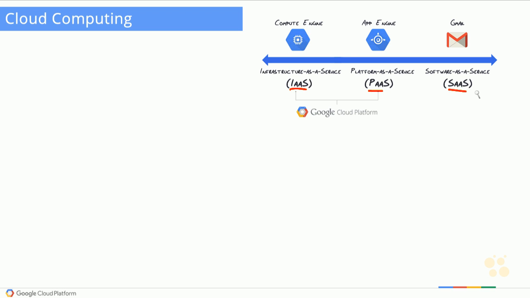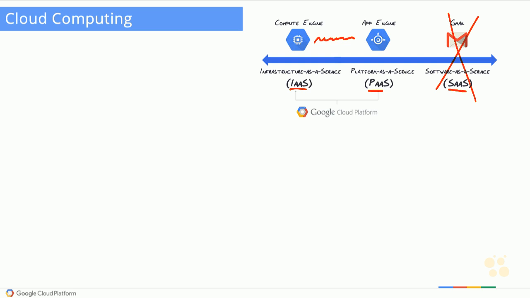Finally, we have software as a service. And this is where a cloud provider will expose software over a network or over the internet. So you don't have to worry about installing anything locally, and we're not responsible for anything infrastructure-wise or beyond. And this is, of course, things like Gmail and Google Docs. And this is not what the Google Cloud Platform is. Google Cloud Platform is infrastructure as a service and platform as a service,